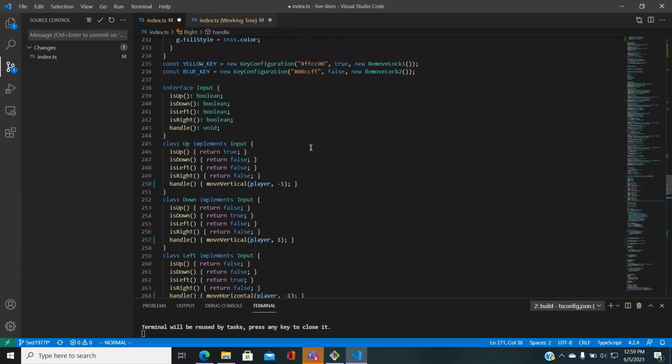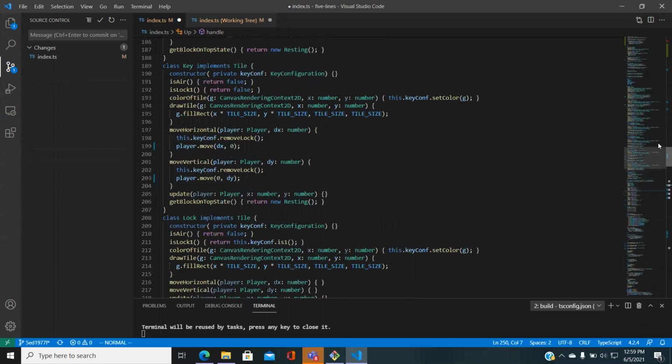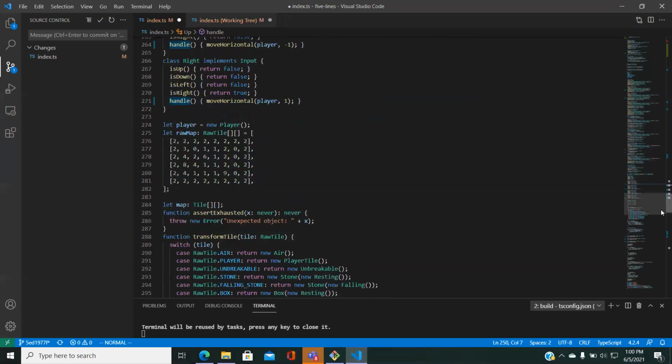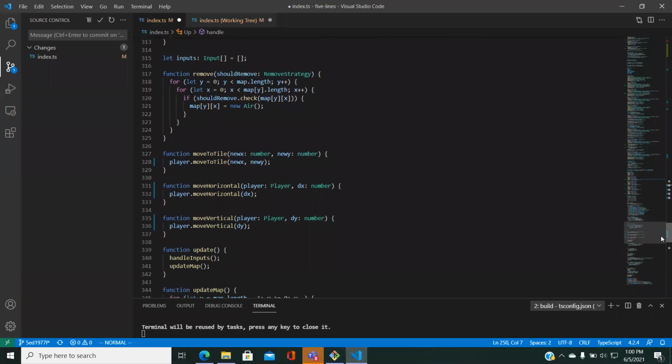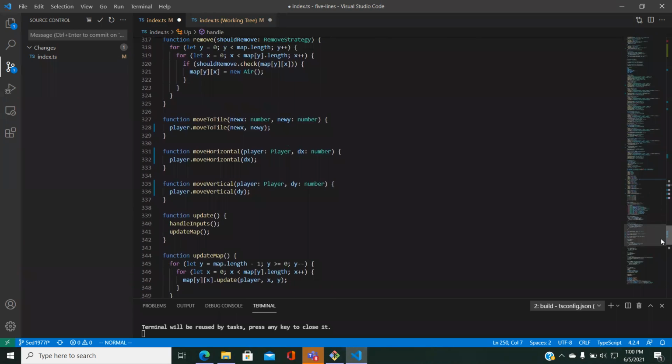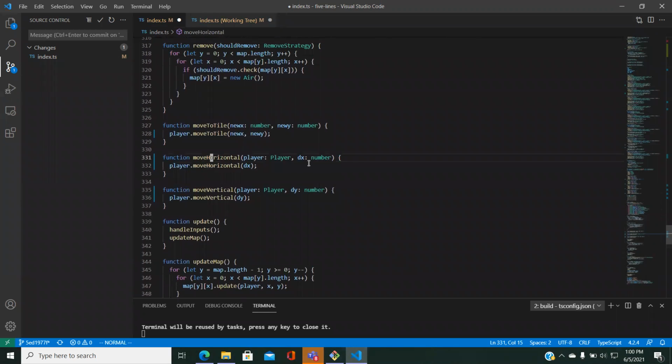So the handle, I think we're going to have to get back to that. Okay, so horizontal, move vertical. Okay, so we got that. Now, this move horizontal,